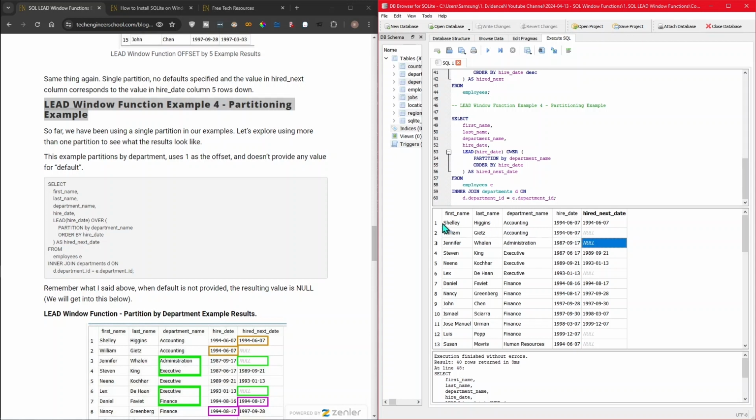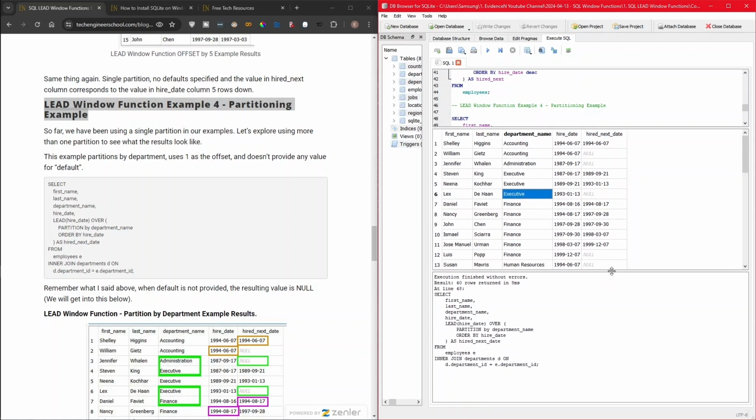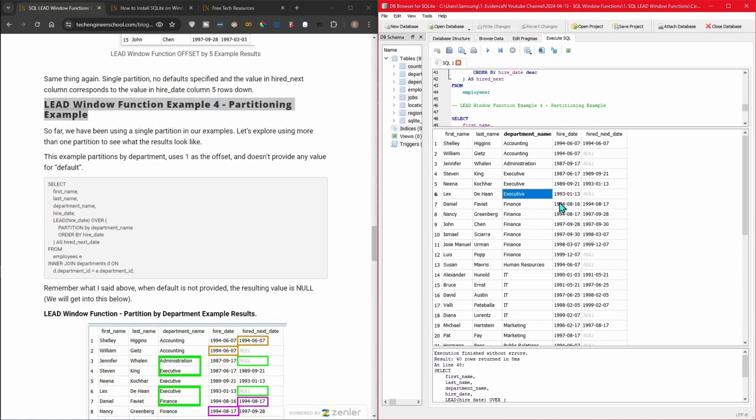So this accounting department is one window, right? The executive is one window, the administration is one window, the executive is one window, and at the end of each window, basically the function starts over. That's how partitions work. So at the end of the finance window, the partition starts over and the function that is applied to that partition